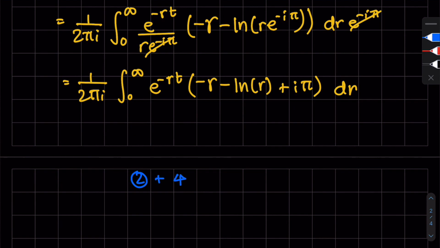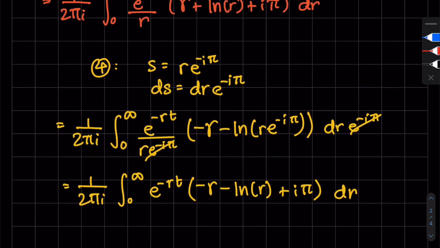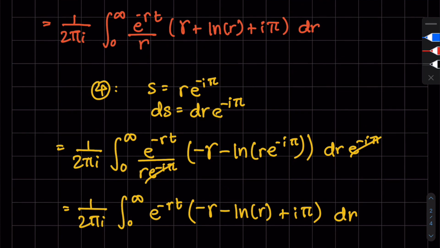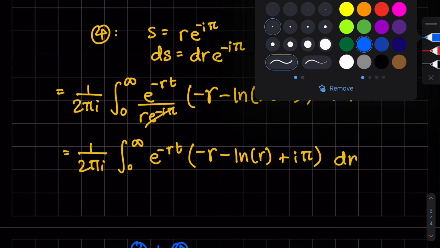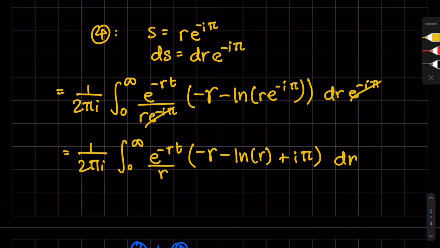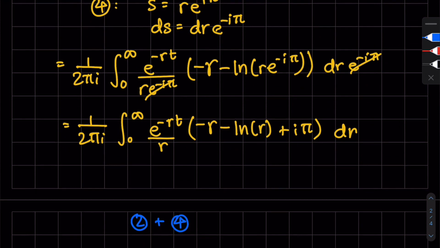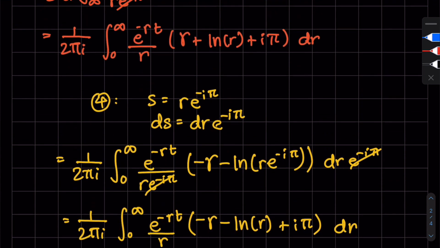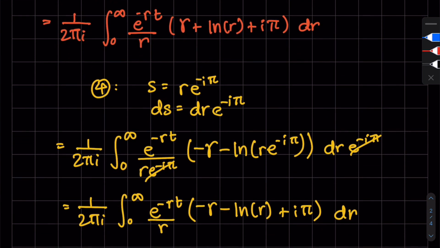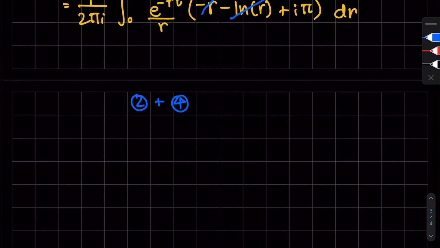Say 2 plus 4. The Euler-Mascheroni. Oh no, I forgot the r, didn't I? To be careful with these things. You add 2 and 4. Well, the Euler-Mascheronis will sort of go away. One has a minus, the other does not. This goes with that. The natural log itself will also go away, but the I pi's will remain. So I pi and I pi, we have 2 I pi